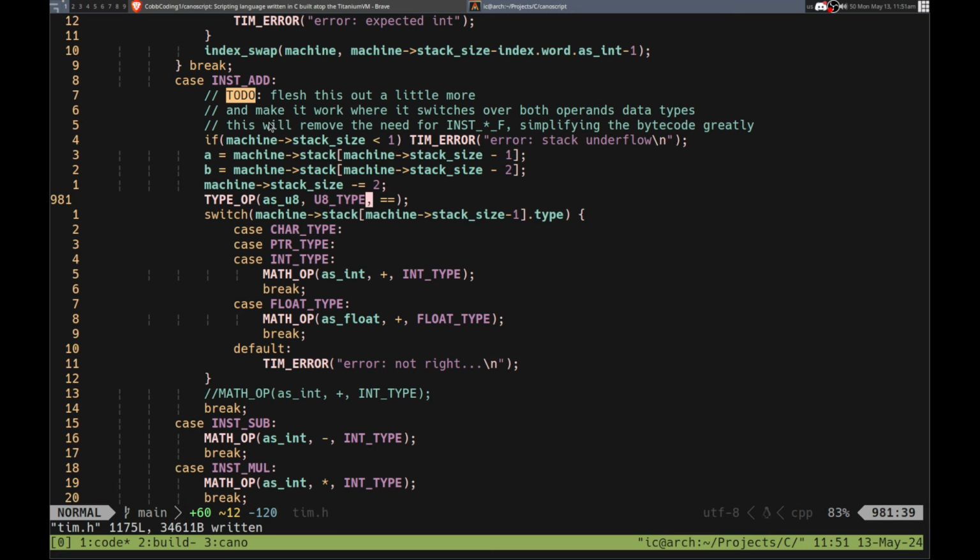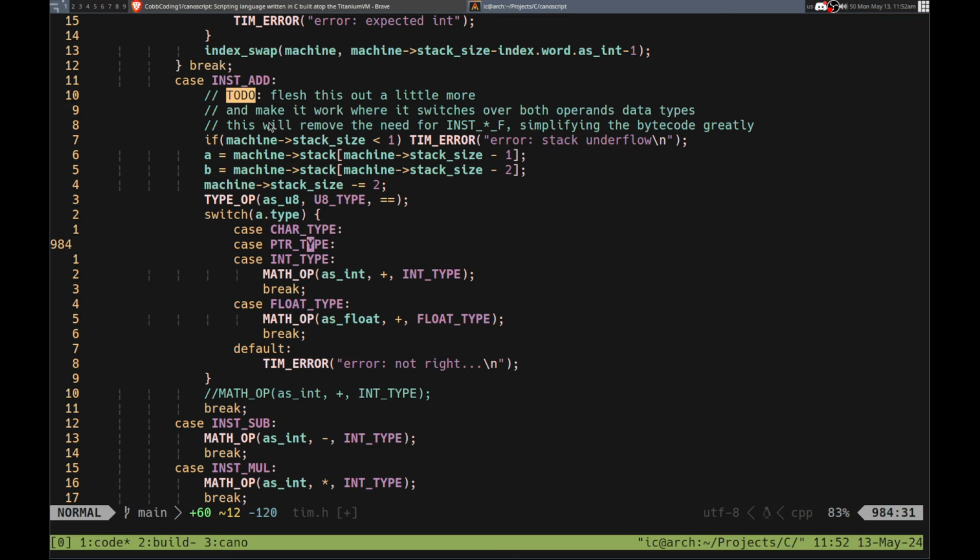And U8 type. Okay, the return type is gonna be, oh shoot, but the return type depends on what the type is. So I guess we can switch over it initially. Switch over a.type. So if it is these, then yeah, the return type, well, okay. Yeah, we kind of need to call it a few times, which isn't great. Shoot, I didn't think about that. Let's see, we have a bunch of different types here. So we have